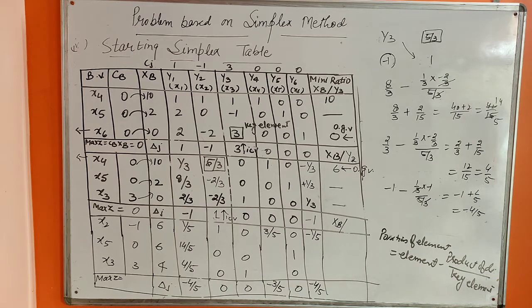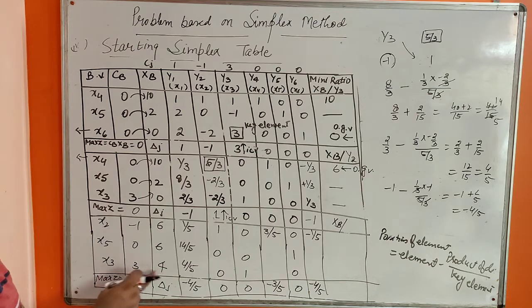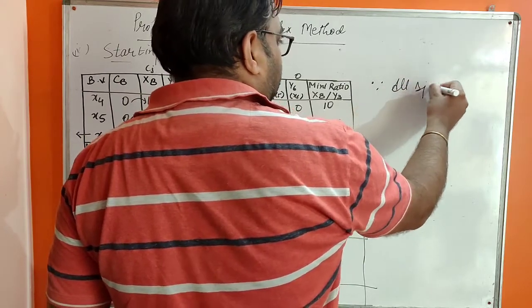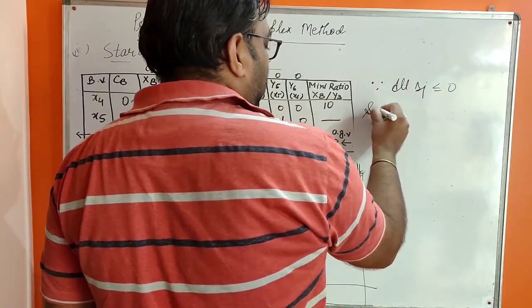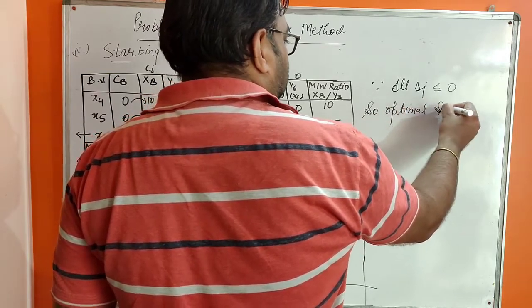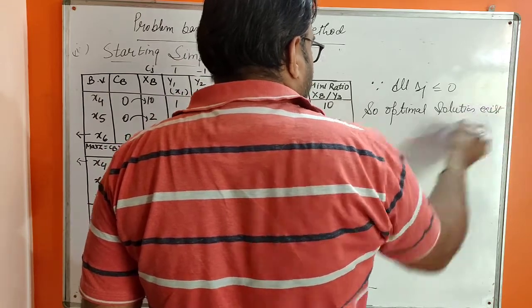The question is completed. Identify maximum z. So minus 6 plus 12, that is plus 6. Since all delta j are less than or equal to 0, an optimal solution exists,